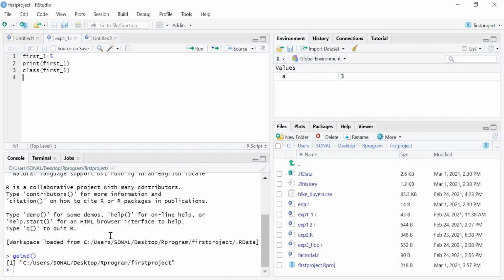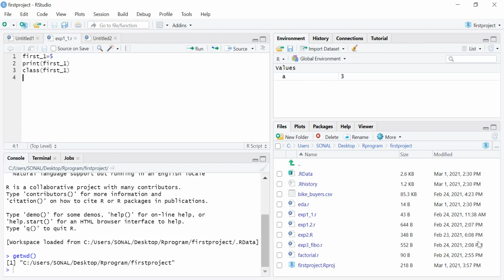Another thing is the second panel, which is called the console. If you want to execute a single instruction, it can be executed over here. Whatever variables have been created in our script or on the console can be seen in the environment window, where you can see all the variables which have been created. And in the last panel, you have the details about the files, the plots and graphs you will be plotting, and the packages already installed can be seen in this panel.